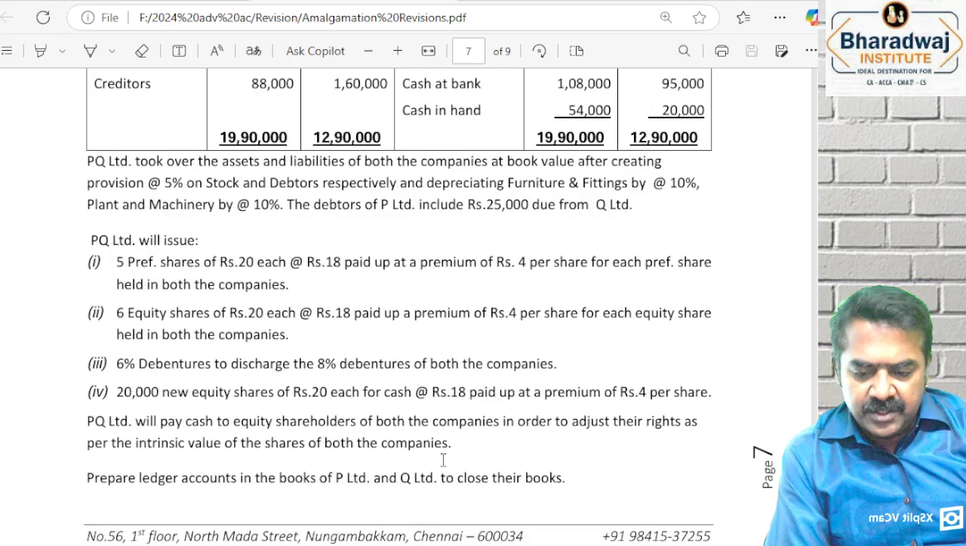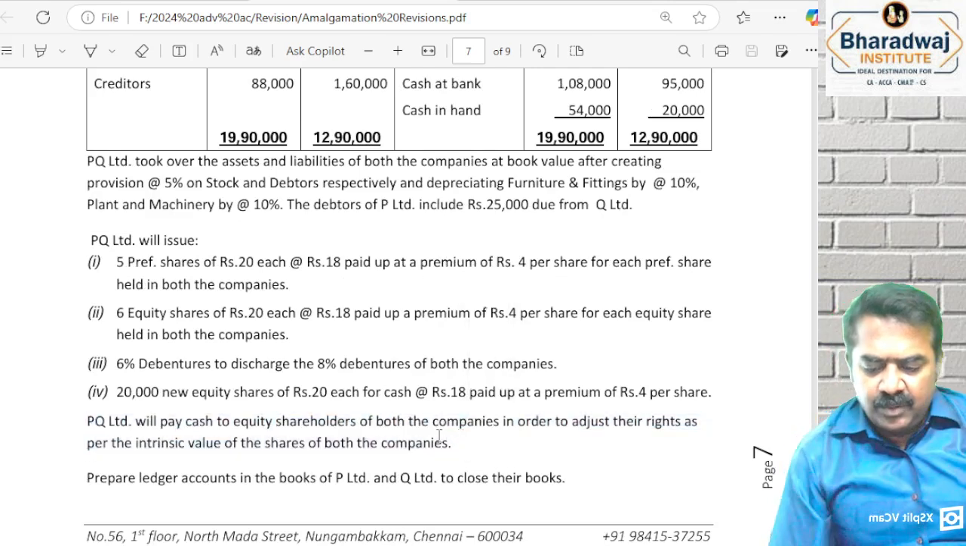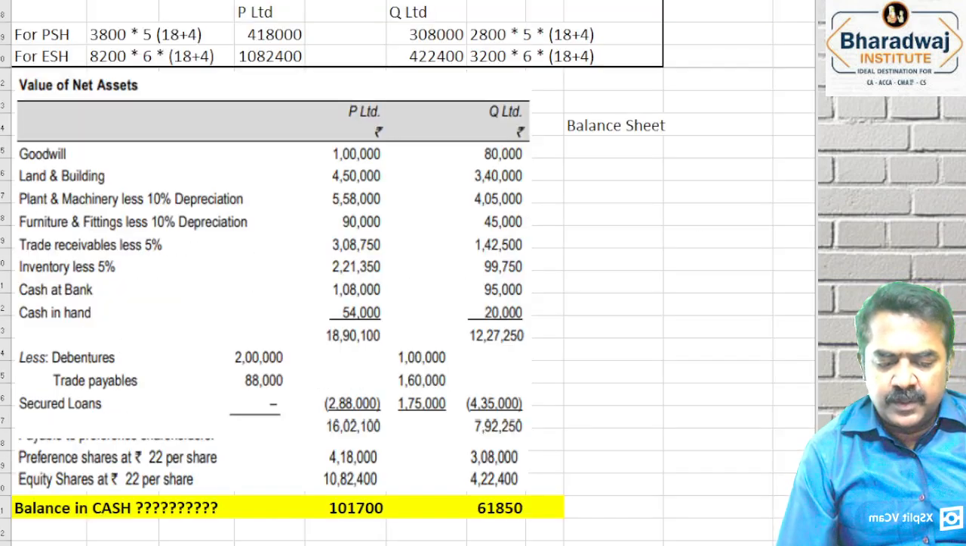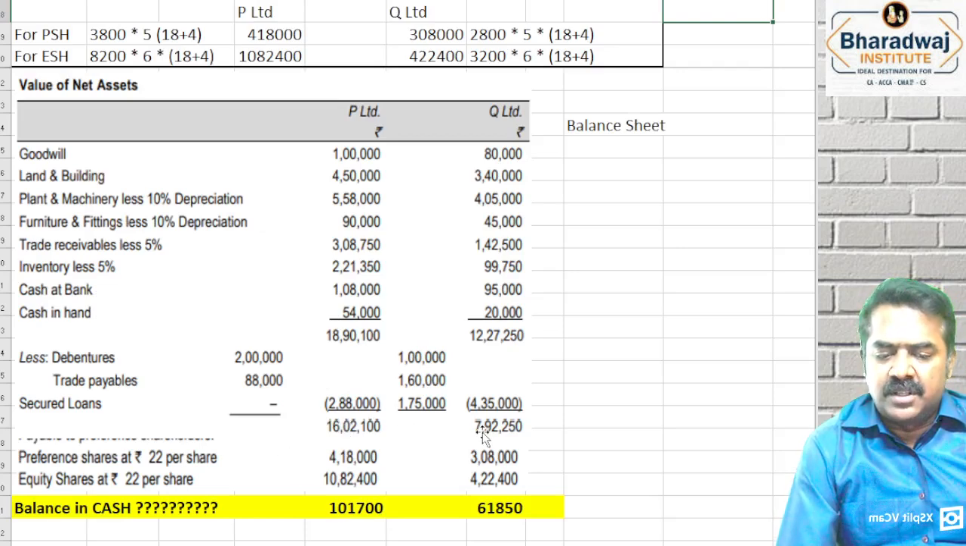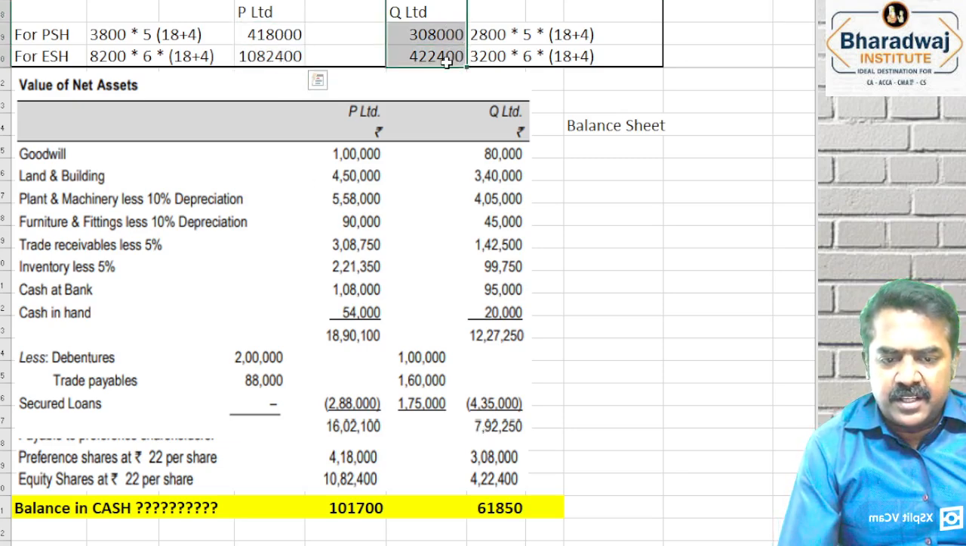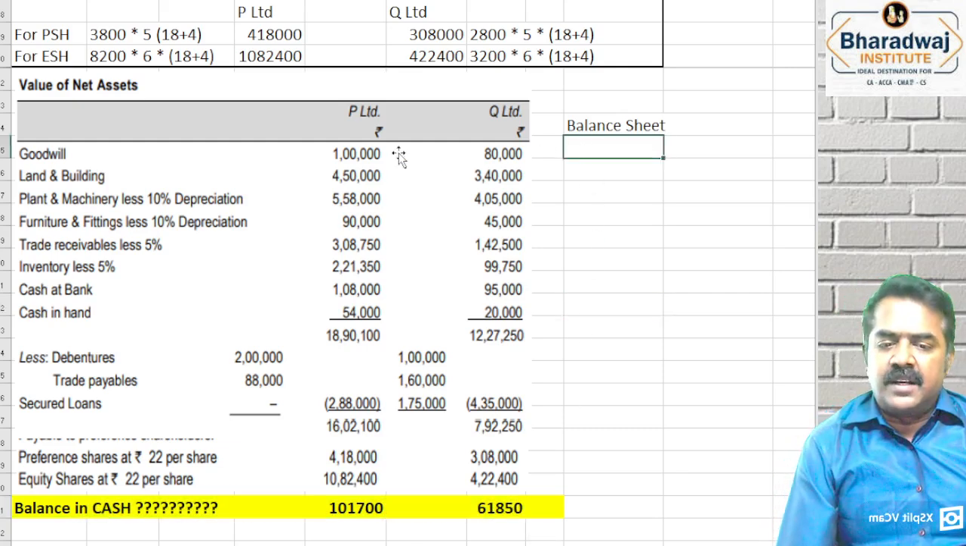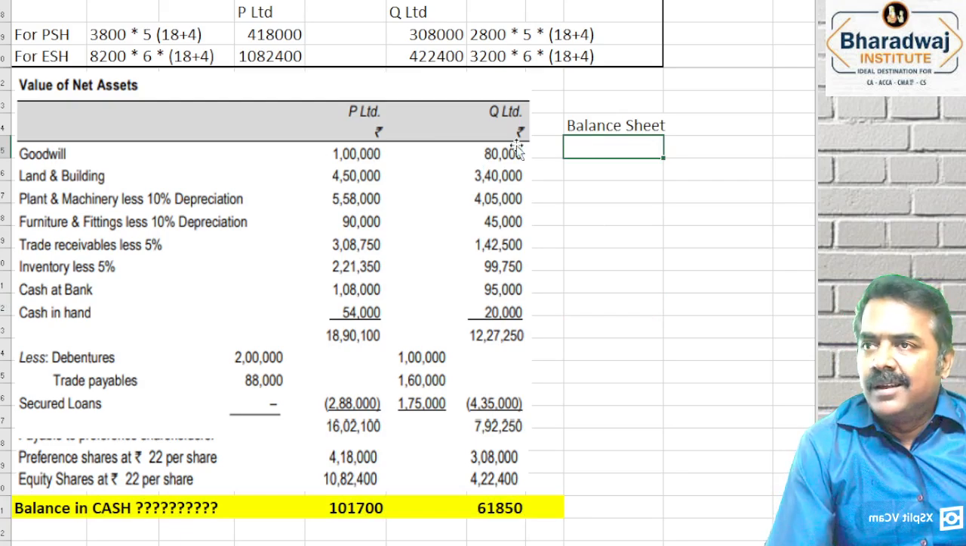Why balance in cash? They want to adjust the rights by paying cash. That is why assets minus liabilities will give us the consideration, 16 lakh 2,100, 7 lakh 92,250. So this much shares are given to preference shareholders and equity shareholders. The balance is payable in cash. So when you prepare the balance sheet, this goodwill will come as